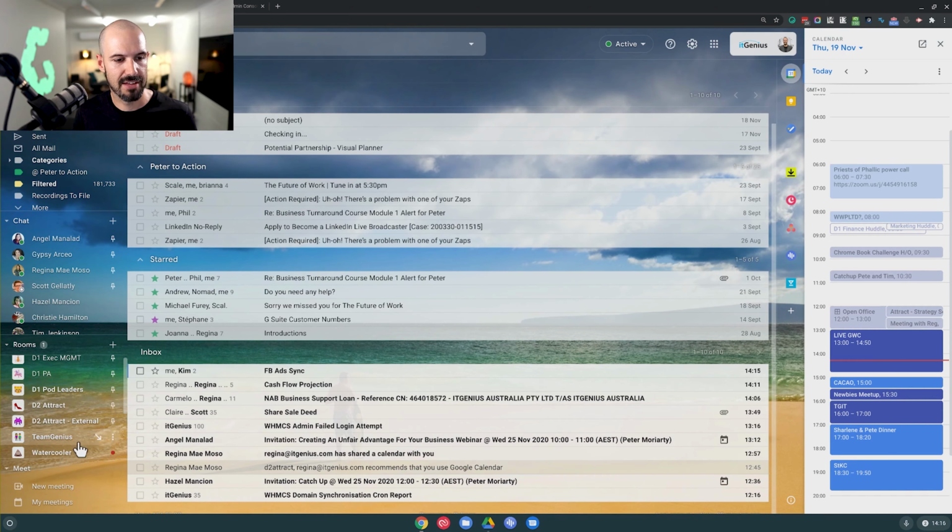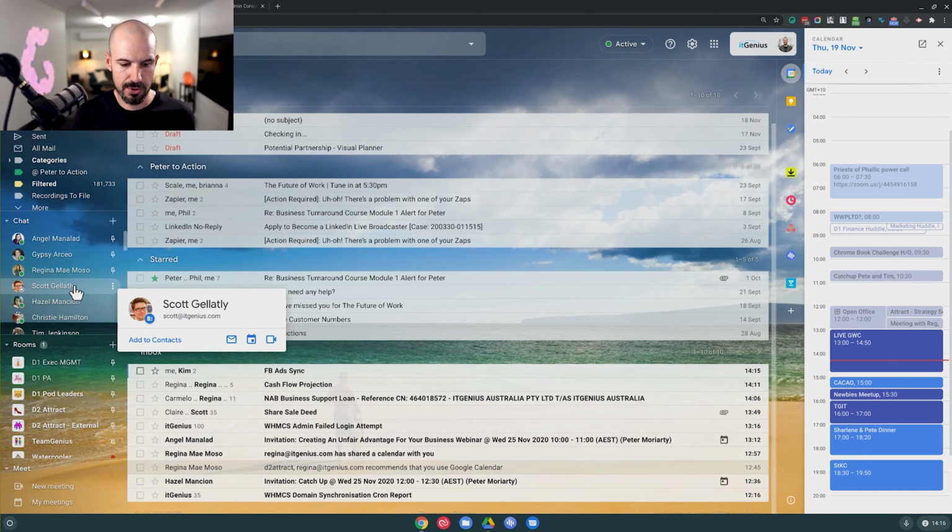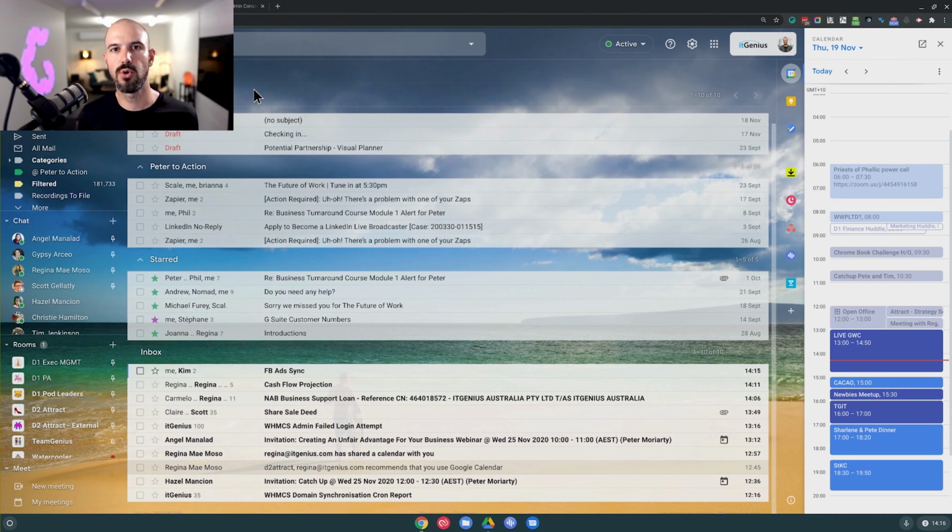You can see all of my chat is on the left-hand side, so I can see all the different rooms that I'm a part of. I can see any individual one-on-one messages for anyone who's messaged me as well. And so the productivity view of Google inside of Gmail has really made some big changes. I really love what Google have done because they've just turned this into a productivity powerhouse. I no longer need to leave my inbox to get a lot of other basic things done, like setting up a meeting or jotting down a quick note inside of Google Keep, or chatting to one of my team members if I've got something really urgent.